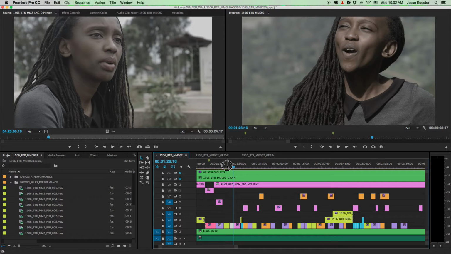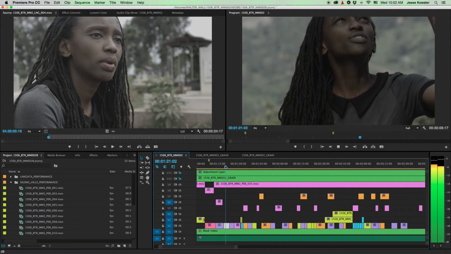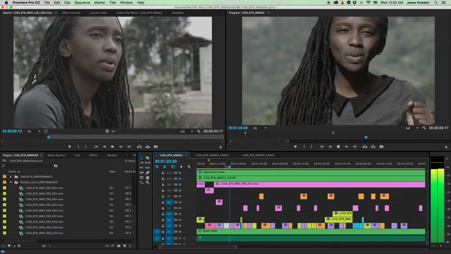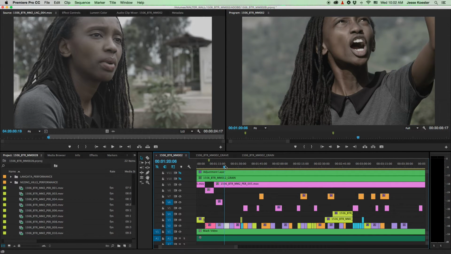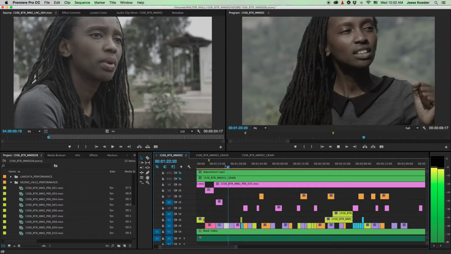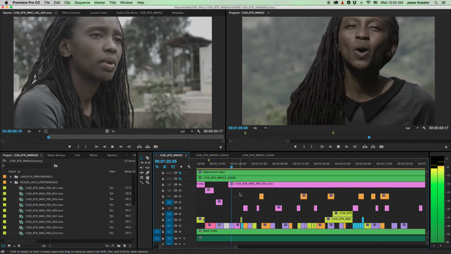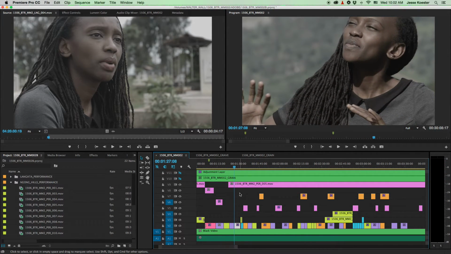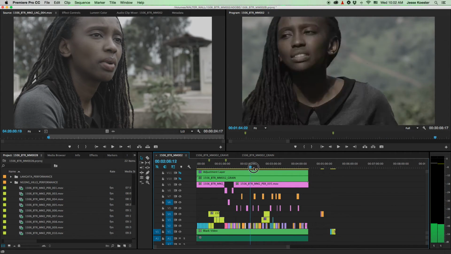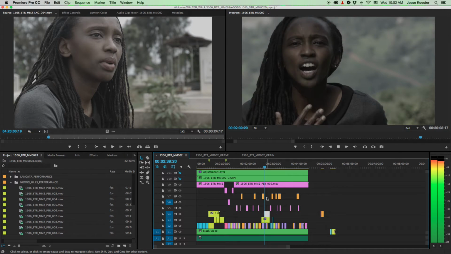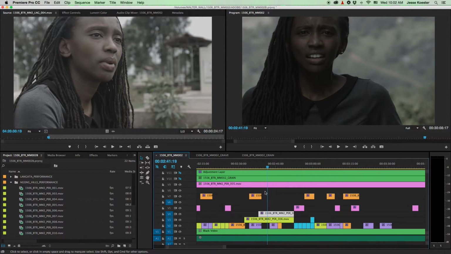Okay, that was a nice delivery of "We Will Endure." So let's just cut it on that snare there. Use the step forward or backward tool to get to that snare, and all right. So then we cut and drop that down. And then we would continue this process for the entire track. Nice. Let's pull that